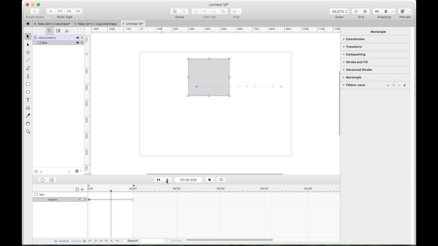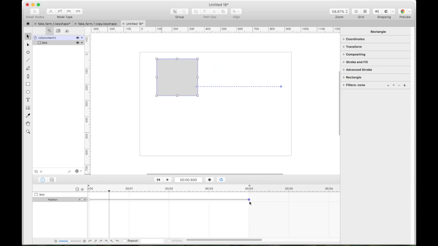Now that's really fast, but here's what you do: you take this, see how my cursor moved, just move it back to 2 seconds, 3 seconds. You can zoom down here. You can zoom in or zoom out. So I'll move it to normal, do 4 seconds, and then you take the last ending node and you move it to 4 seconds, and that's how you make it go slower. So now it takes 4 seconds to do the exact same thing. And you'll notice it's a very straight line.